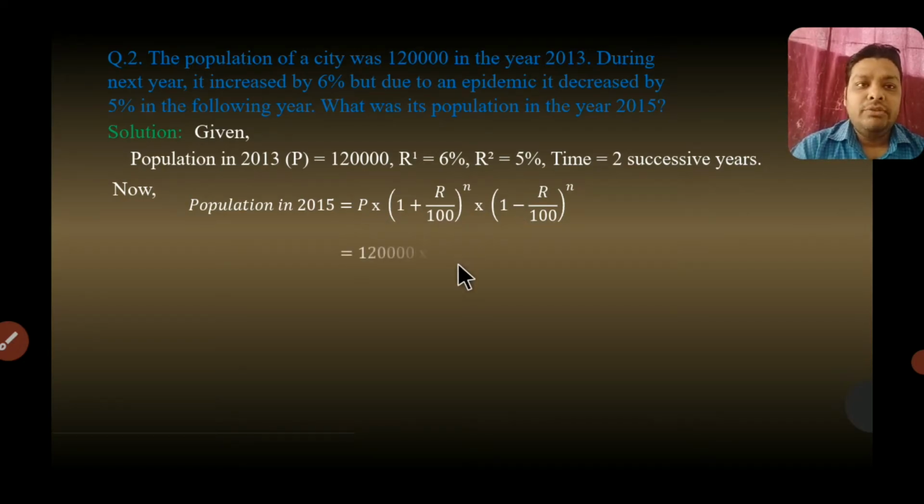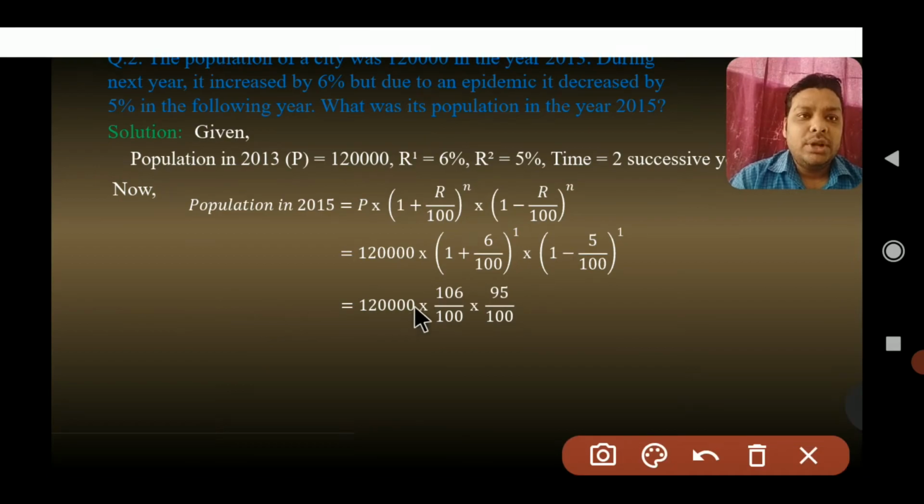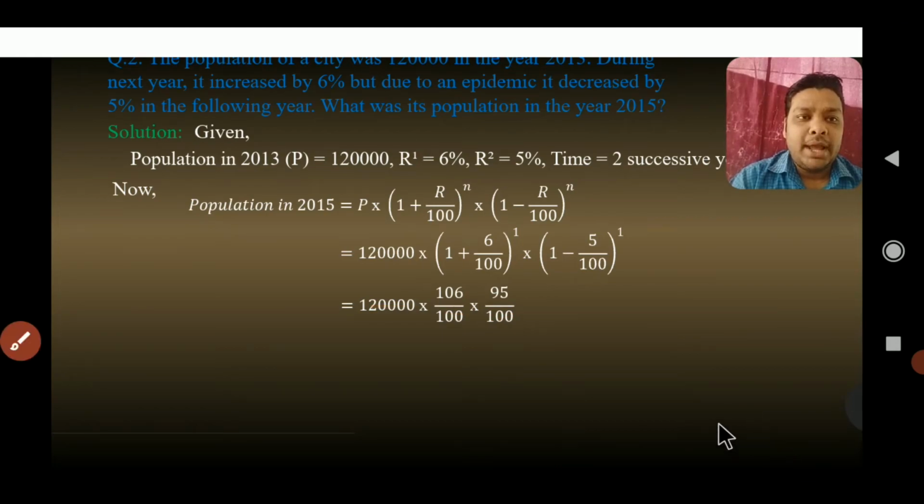Okay, so now we will put the value like this, 1 plus 6 by 100 and 1 minus 5 by 100, and both have a power 1 because 2 successive years. So now it will be 106 by 100 and it will be 100 minus 5, that will be 95 by 100. Now we can solve it. Okay, so now you can see that 20 will cancel, and again 20 and 20 will cancel. So what is left? In numerator 12, 106 and 95, and if you are going to multiply it, it will be